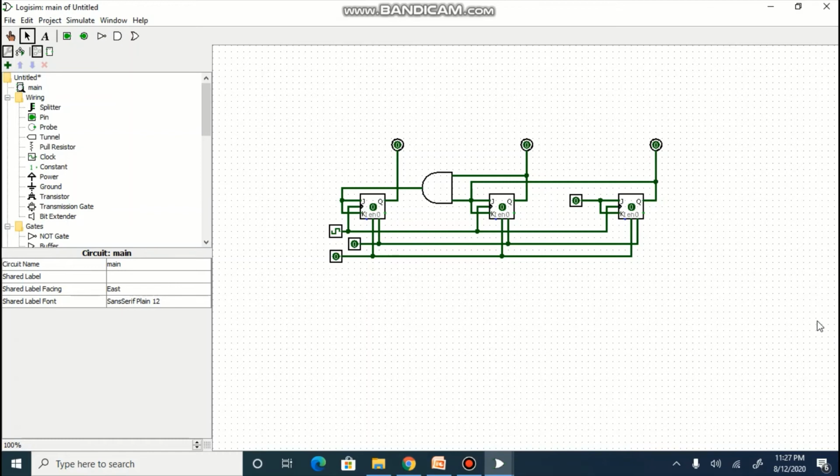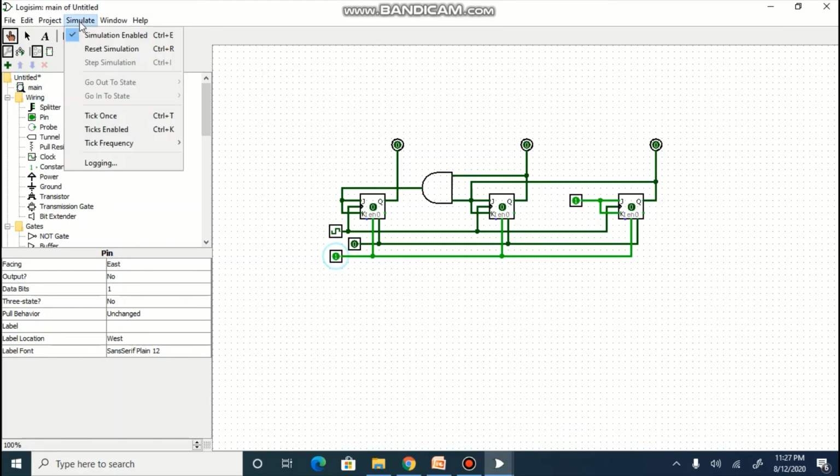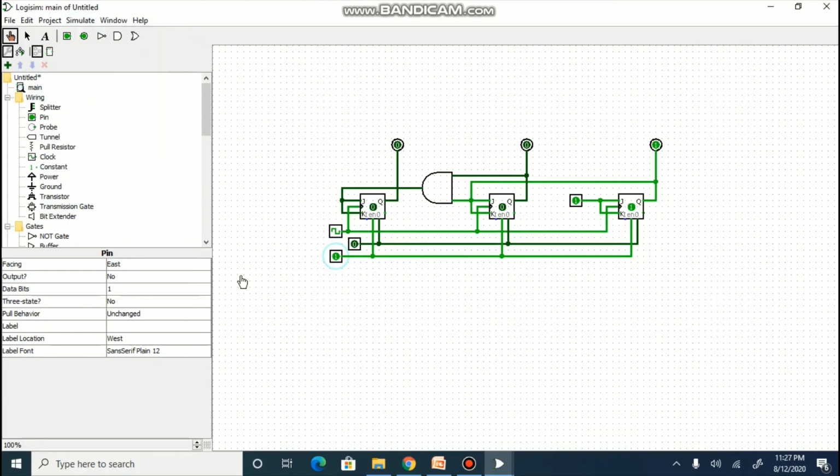You can observe the circuit is ready in Logisim. First of all, we will use this symbol and we will give logic high to JA and KA. We will also change our enable input to logic high. The clear input needs to remain logic low. We will click on simulate and we can give tick enable. In case of tick enable, the clock will start running from low to high and high to low.